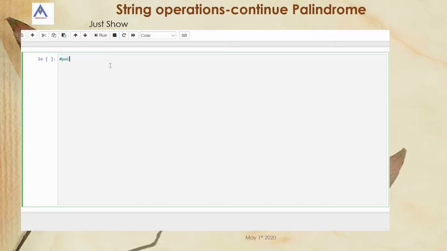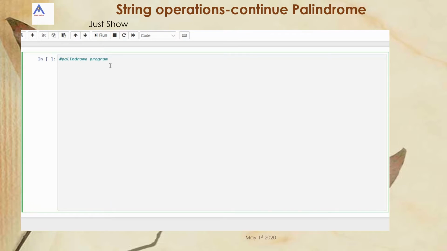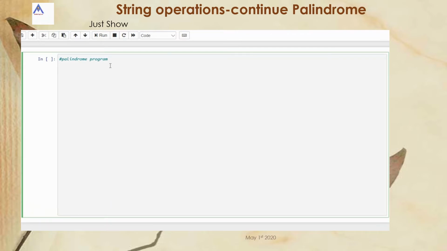So, the palindrome program. First you have to get the input: string 1 equal to input, enter the word you want to check for palindrome or not.